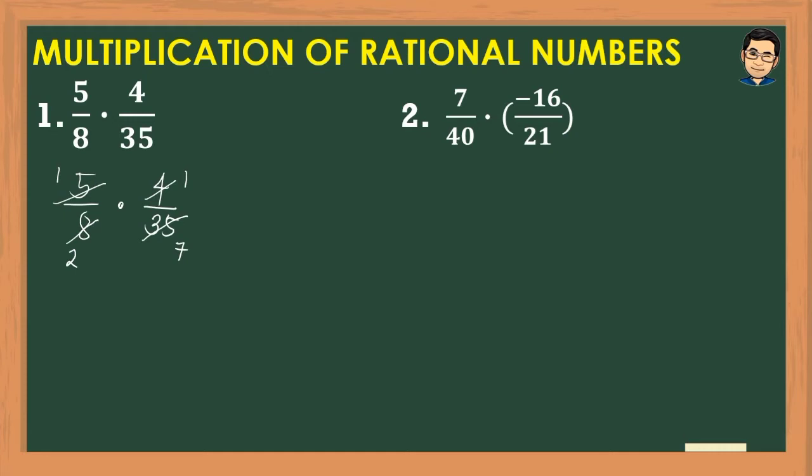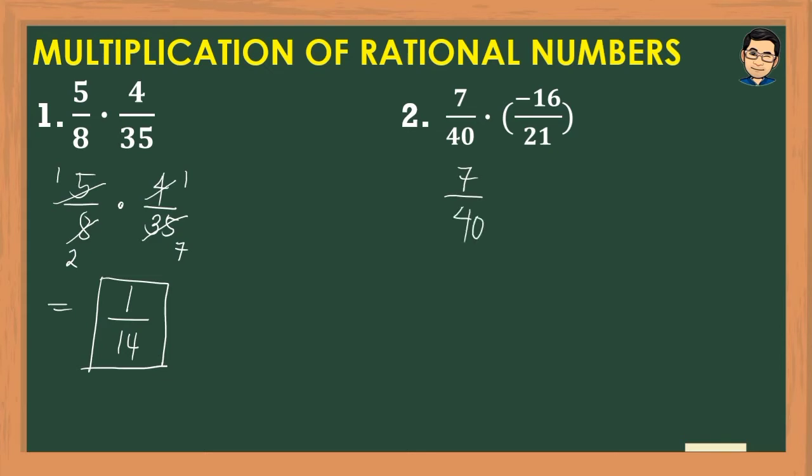1 times 1 is 1, and then 2 times 7 is 14. So this will be our final answer, since everything that can be canceled has been canceled. Next, 7 over 40 times negative 16 over 21. So, 7 and 21,